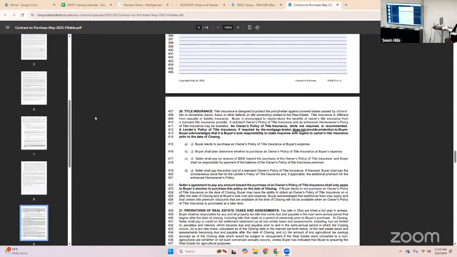So whenever you're looking at that and trying to figure out if it's something you could or should ask for, it really does depend on what's happening around that property. But a lot of times I will check B if they can't make up their mind exactly what they want to do, whether they want title insurance at that time or not. I'm not ever going to just say, no, you can't walk away and not buy it. You need to talk to title before you make that decision.